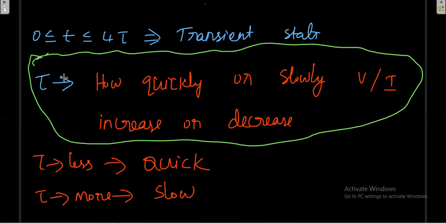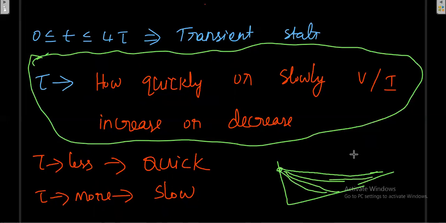And again, what is tau? Tau means time constant of the circuit. It is giving the idea of how slowly or how fast a value is decreasing. It can decrease in any manner. It may decrease very slowly, or it may decrease very fast. When the tau value is less, it will decrease very slowly. When the tau value is high, it will decrease very fast.